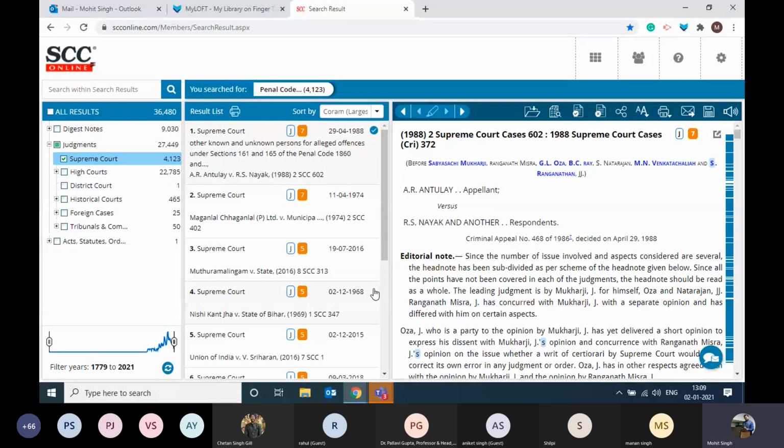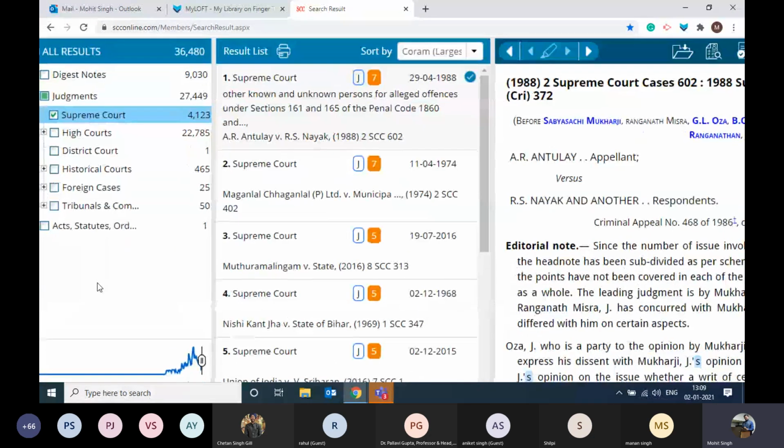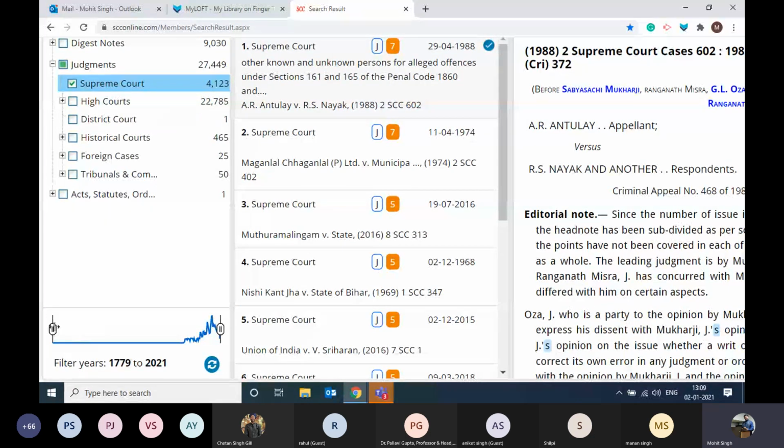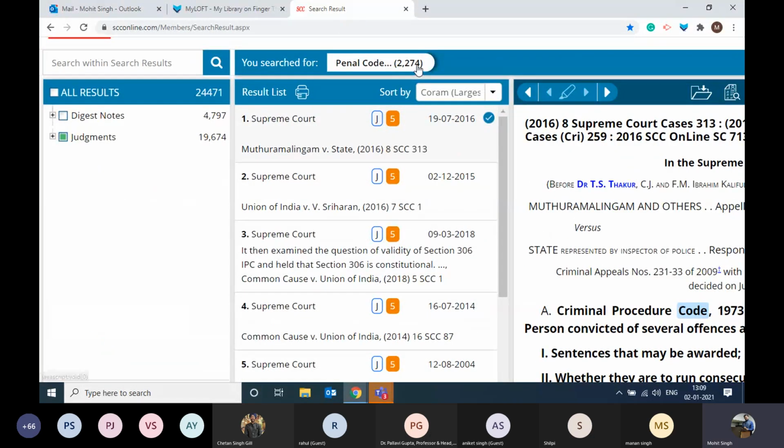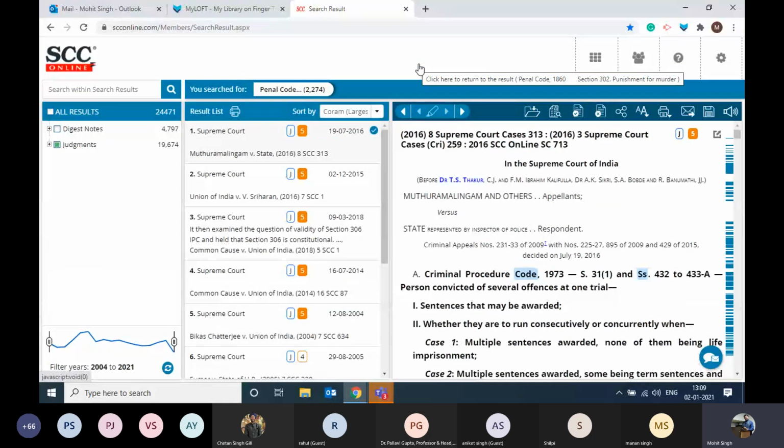Not only that, you can also filter the data with the time graph. Now the time graph is on the bottom left. As you can see on the bottom left, you can squeeze the time and define the time as per your query. So I only want the data coming from 2004 till 2021. So it is going to work like that. Obviously the results will be way fewer, but now they are precise as per your query demands. So that is how you can do your personalizations.